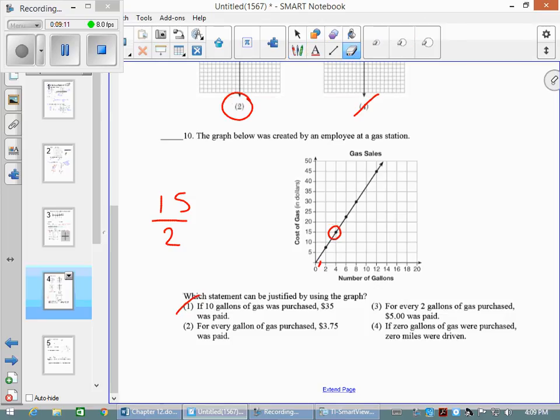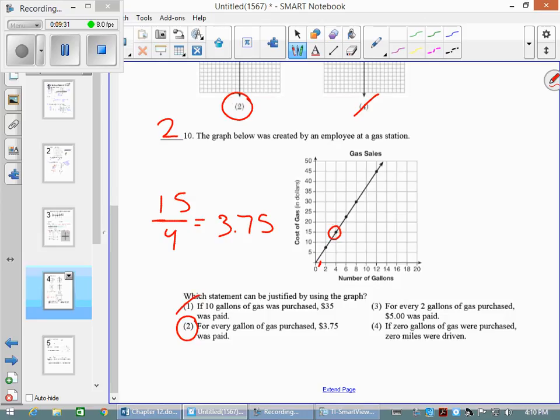15 divided by 4, that is, and we would get 3.75. So that would show us that for every gallon of gas, $3.75 was paid. So option 2 would be your answer. If we just look at our other options, just to make sure, for every 2 gallons of gas purchased, $5